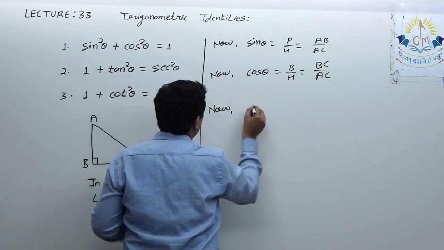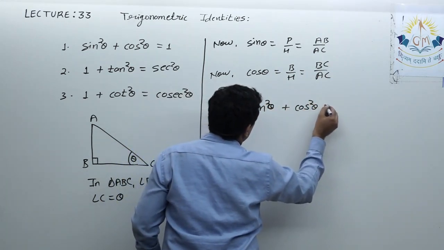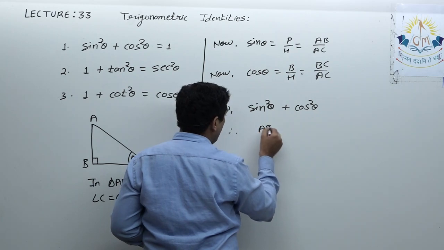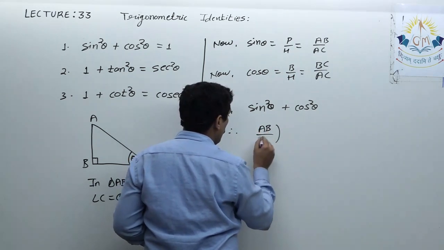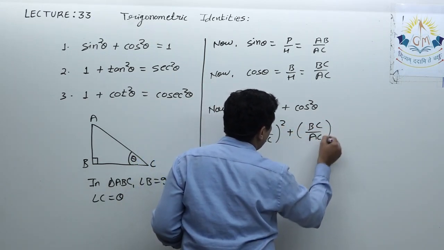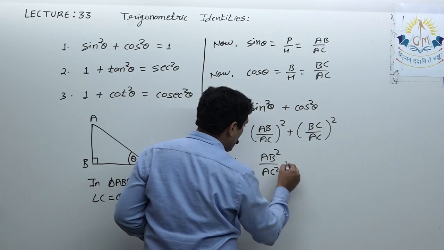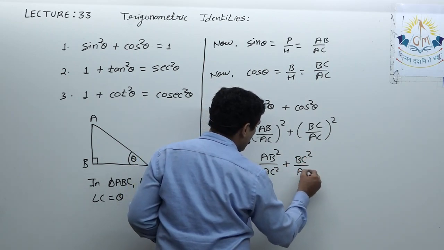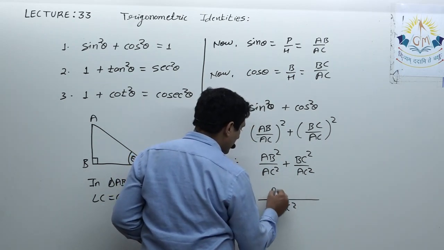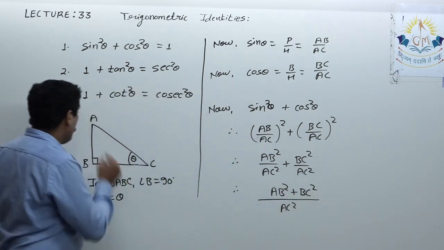Now we'll find sine square theta plus cos square theta. Sine square theta means sine theta whole square, that is AB upon AC whole square, and cos square theta is BC upon AC whole square. So AB square upon AC square plus BC square upon AC square. Now if I take the LCM, here I will get AC square, and in the numerator I will get AB square plus BC square. Now according to the Pythagoras theorem,